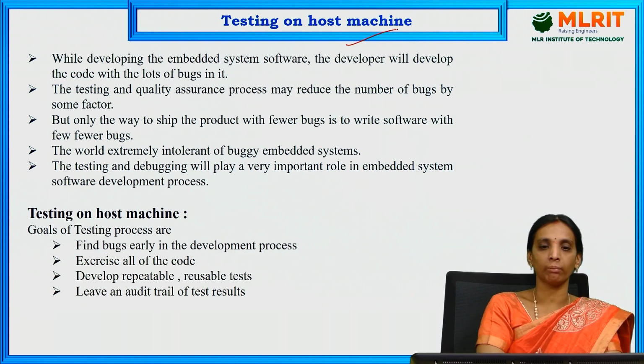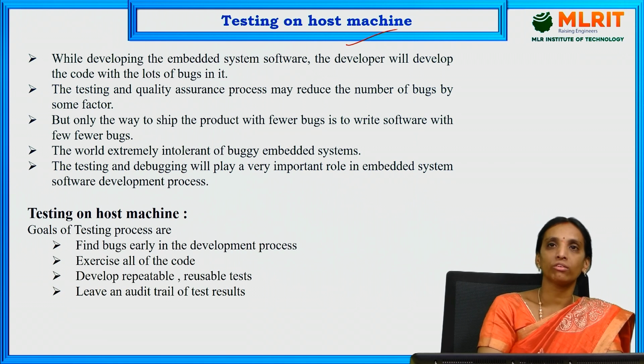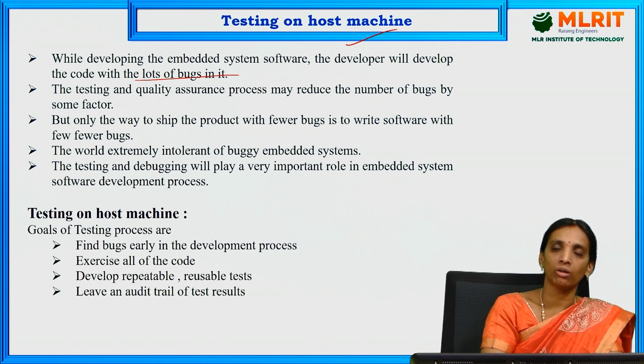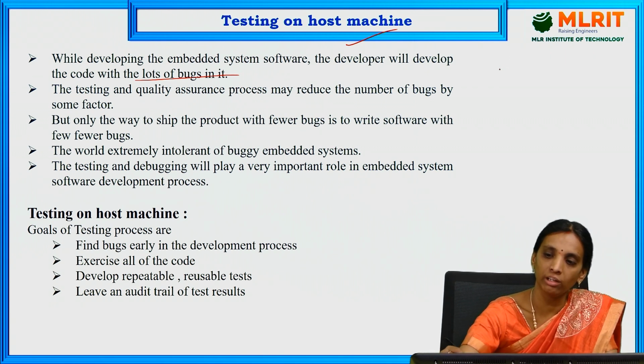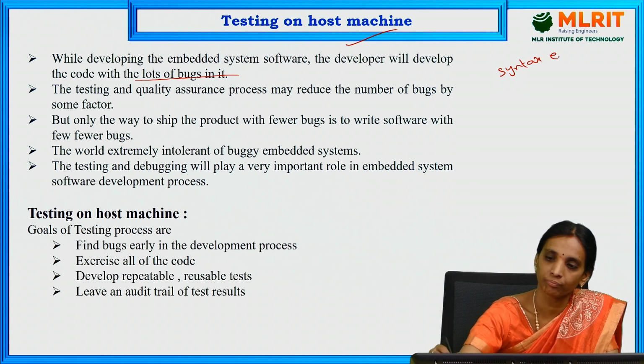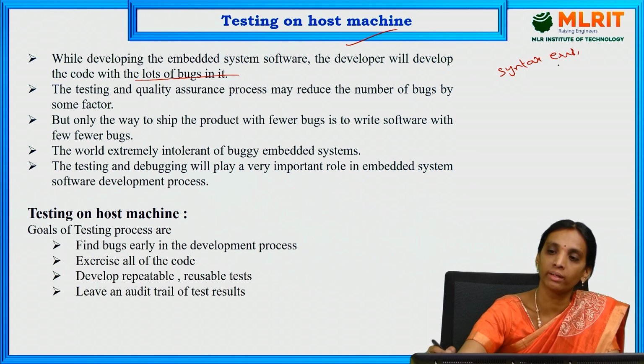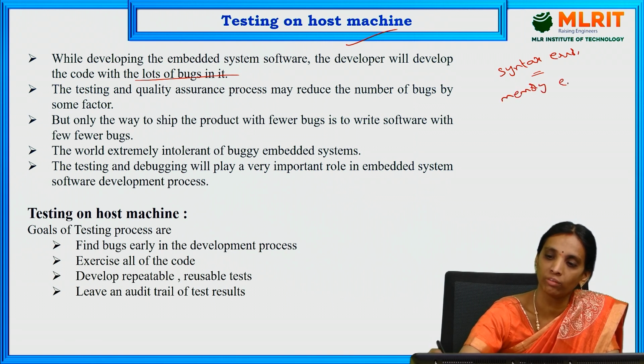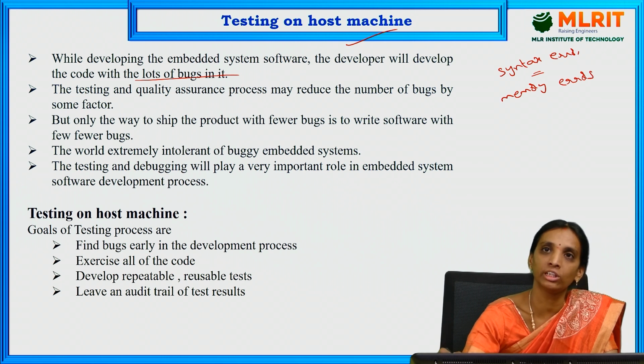Here while developing the embedded system software, a lot of bugs will be there in our program. So the developer can reduce the number of bugs by modifying the program and fixing memory allocation issues depending on the errors in the program file. They can easily solve the errors. If the errors are syntax errors, they can modify the program part and solve them, and if the errors are related to memory errors, they can change the memory chip and solve the errors based on the bug assigned to that.